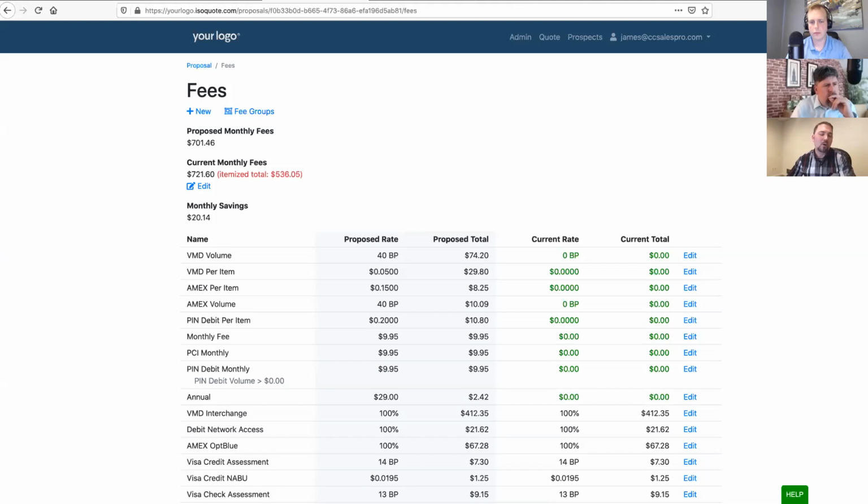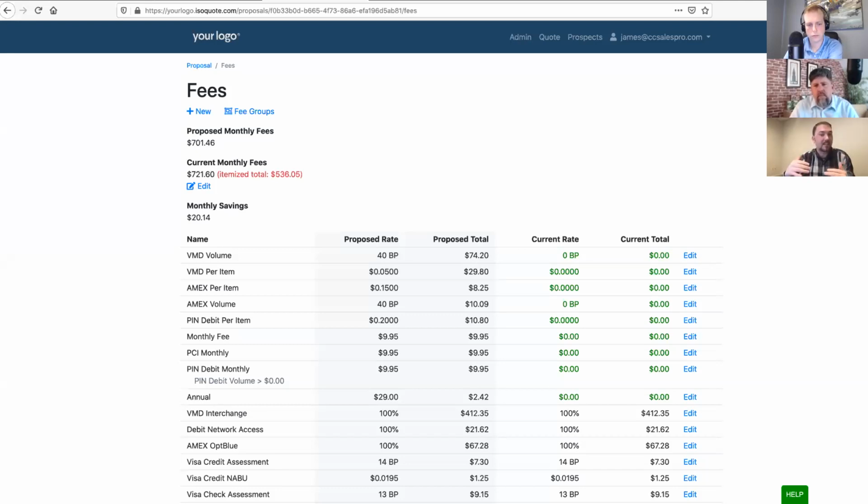Well, our goal at this point is, if we really want to get this to be a side-by-side comparison, not just a savings, but we really want to show where the savings is coming from, we need to make sure that we key everything in from the statement. So we're showing that our current monthly fees for the merchant is $721, but we've only itemized $536. So what that tells us is, hey, we're still missing a couple $100 worth of fees. And you can clearly see that if you look at the top, we actually haven't entered anything from the statement yet. So our system recognizes that, interchange is the same.